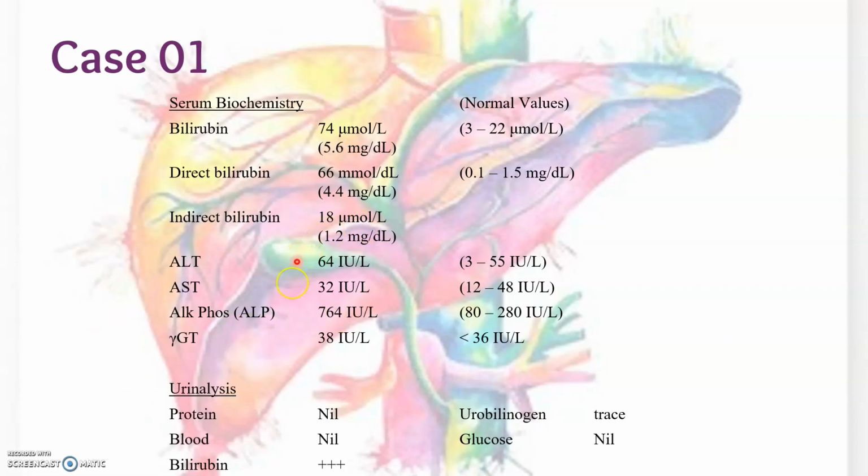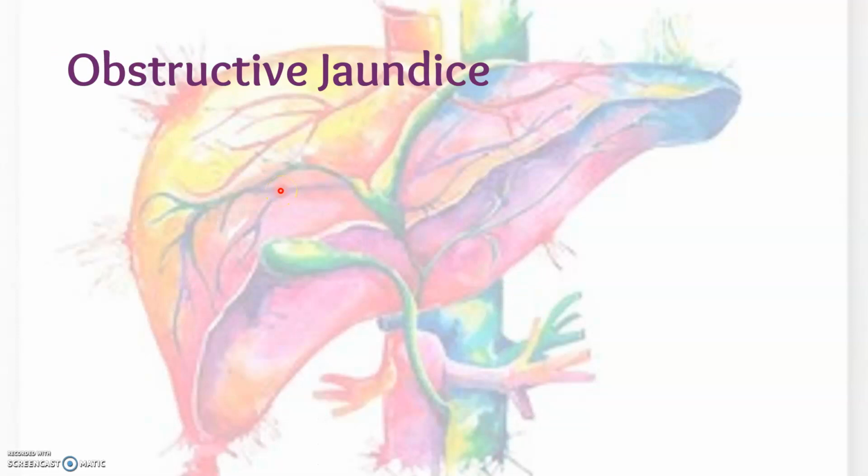When we look at the enzymes, we'll notice that his alkaline phosphatase is very high and his other enzymes are normal or close to normal. When we look at the bilirubin, he has a marked elevation of his direct bilirubin with not much elevation of his indirect bilirubin. This picture suggests obstructive jaundice,